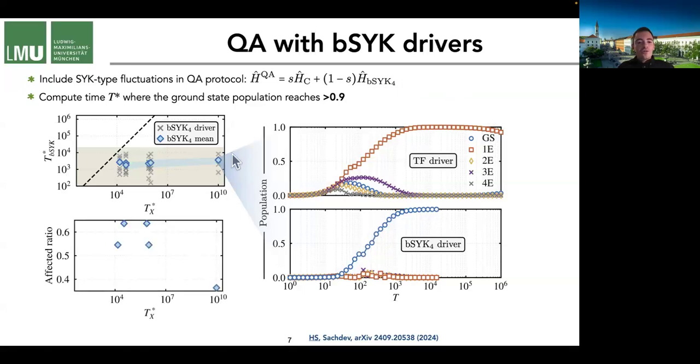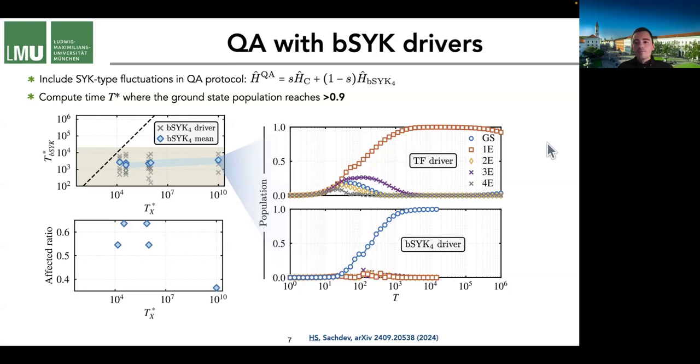Now this, of course, opens the question, well, if I have some bosonic SYK instances which actually help me get to the result quicker, how often does that actually happen in our experiments? And so we find that it's always about roughly 50 to 60% here for these mildly hard problems, say, and then for this very hard optimization problem, it's about 40%. So there does seem to be a trend towards lower probabilities of actually having a boost when you go to harder problems, but nevertheless, it's always a significant proportion of the bosonic SYK instances which give you a better performance compared to the